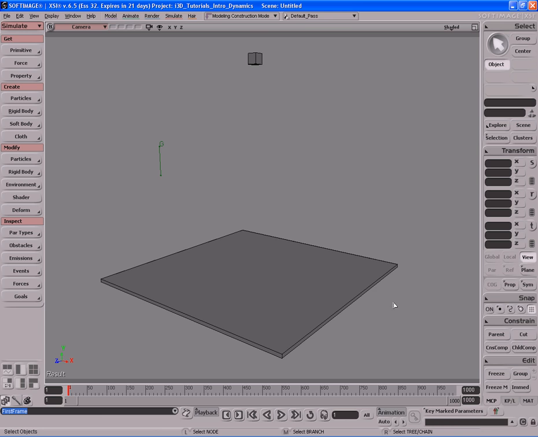Okay, so if I play this again, you'll see that the cube falls with gravity, hits the surface of the table, and reacts realistically. This is the power of dynamics inside of Softimage XSI. One other thing you might want to do is turn on the loop button here, which will loop the animation